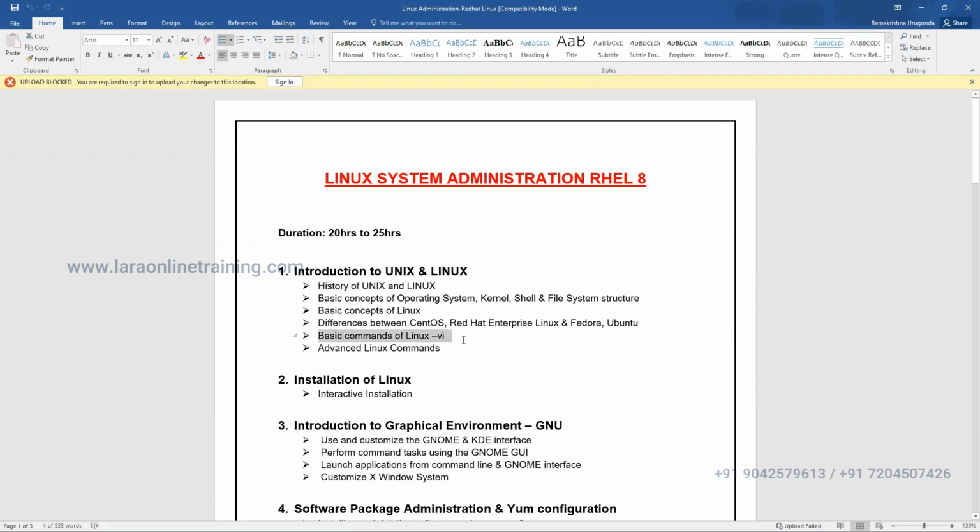And we'll see some basic commands here, because the more commands you know, the more work you can do. Commands have a lot of power, so you can do a lot of automation. We work in 100% command mode, because in command mode you can do a lot of things compared to graphical mode. Once you practice, it's very easy to work at the command level. We'll see some advanced commands as well.